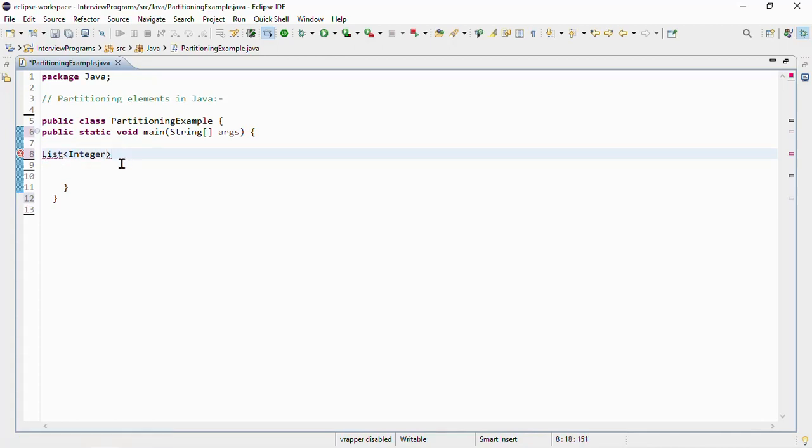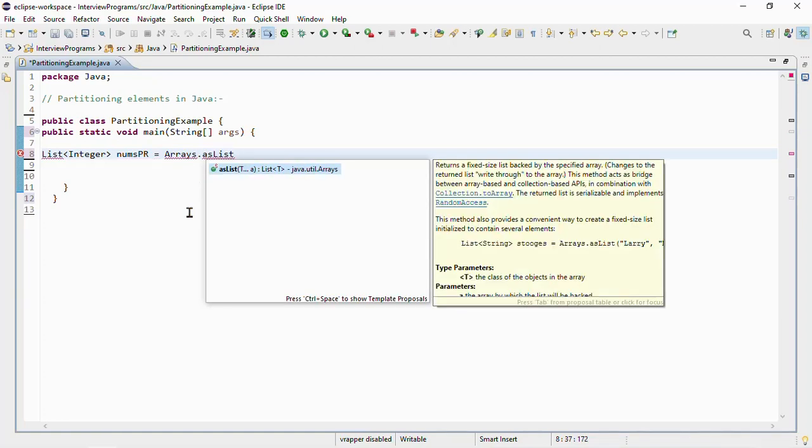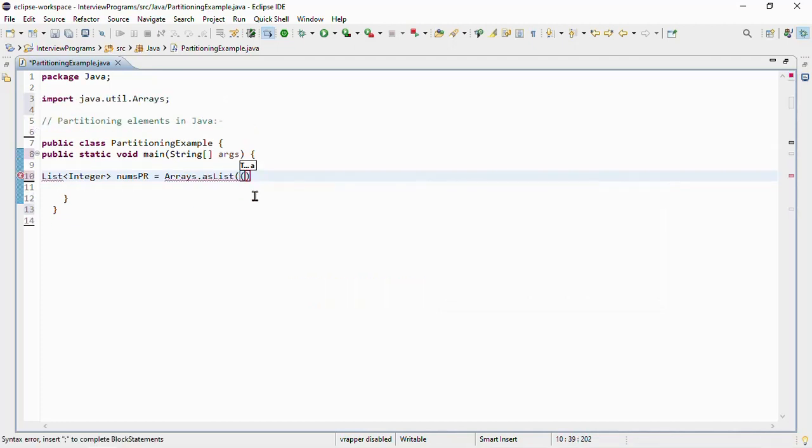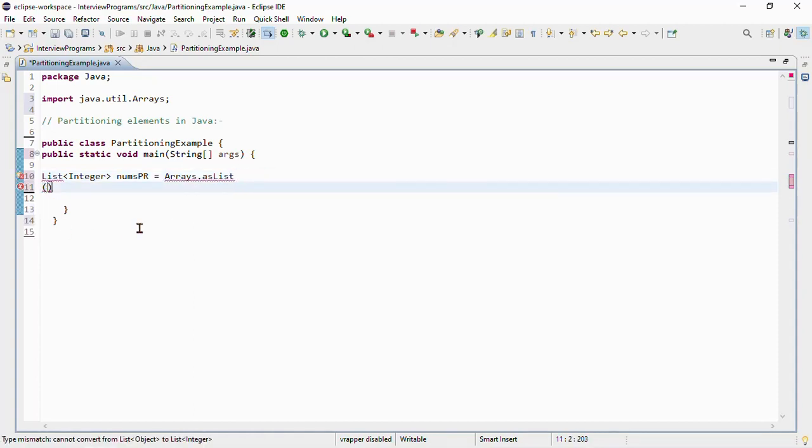I am giving the list name as numsPr equal to Arrays.asList. Now let's pass the numbers in this list.